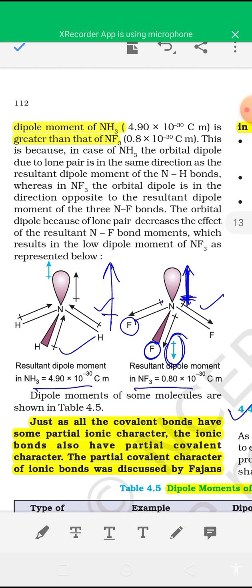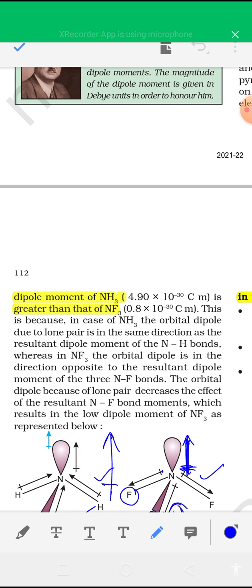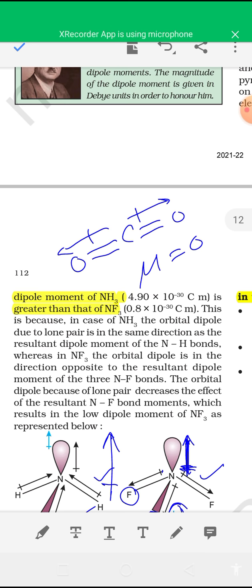So these are some examples of dipole moment. Based on dipole moment, some chemical compounds are polar, some are non-polar. Similarly, carbon dioxide is non-polar because it is a linear molecule and its structure is like this. The bond movements of the 2 C-O bonds are in opposite directions, so the net dipole moment of CO2 will be 0.